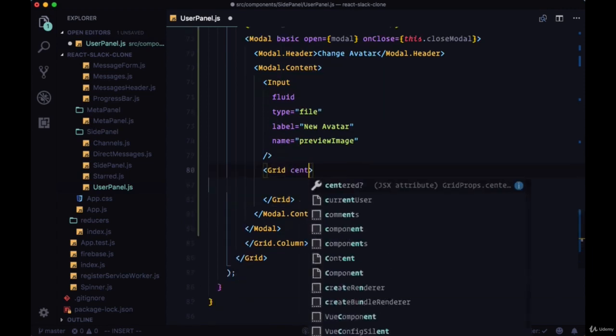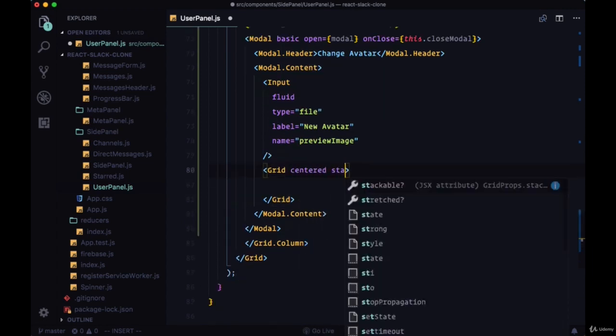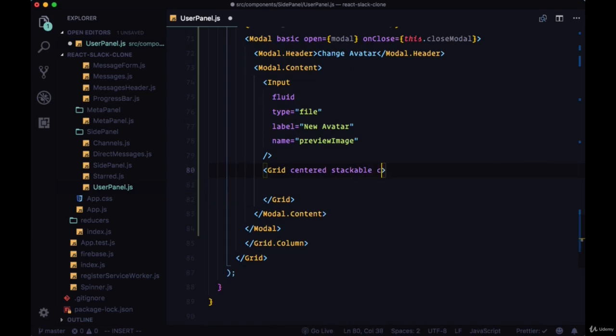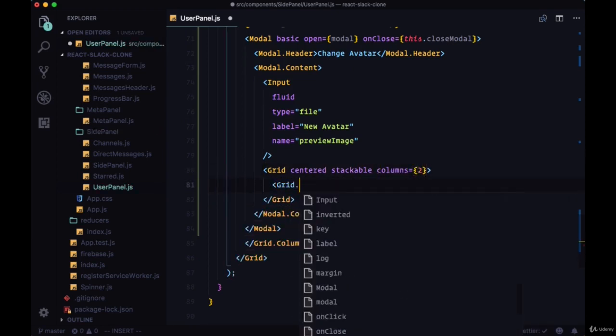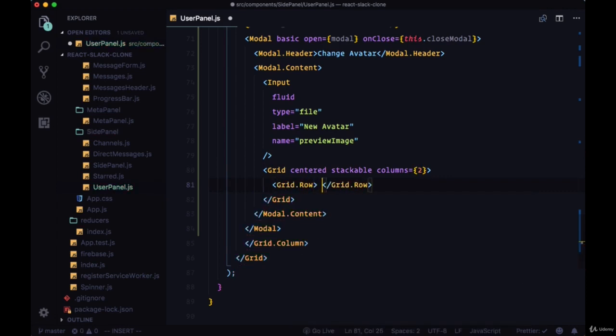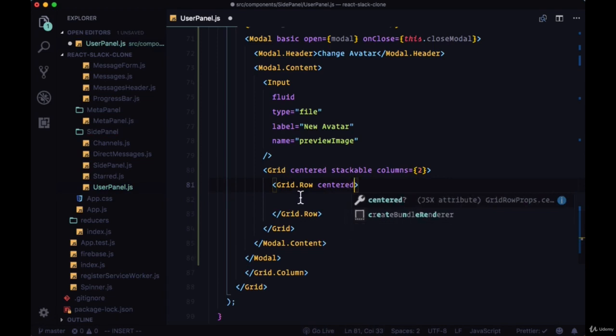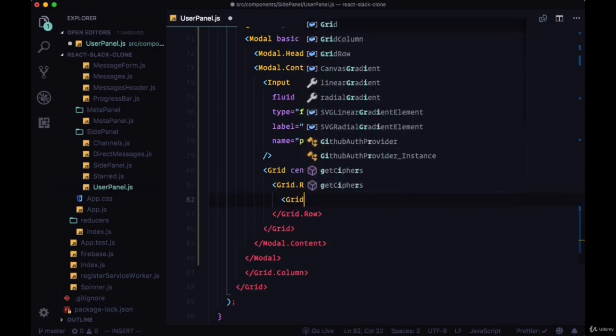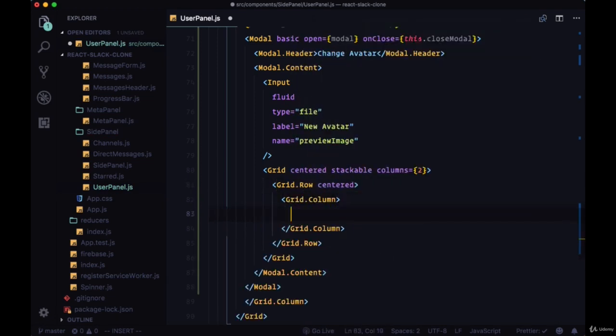Underneath this input we'll have a grid component, which will have the prop of centered and stackable. There'll be two columns within this grid, so these columns can stack one on top of another. We'll first include a grid row, which will also have the prop of centered, and then a grid column within it with the class name of ui center aligned grid. So this is a Semantic UI class,